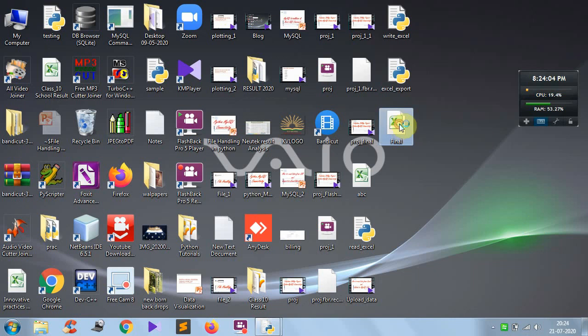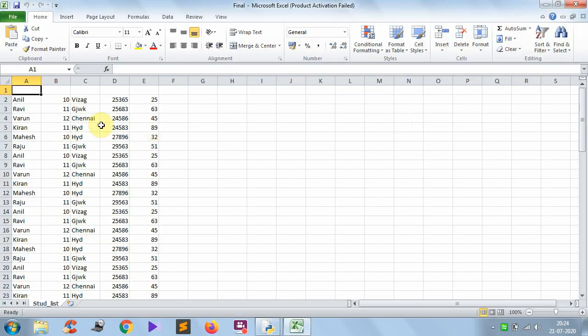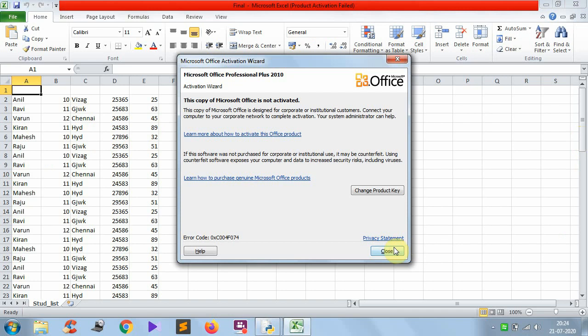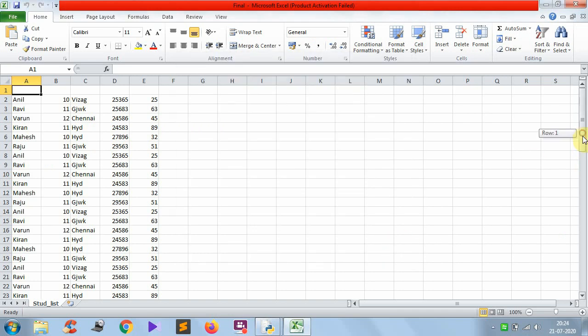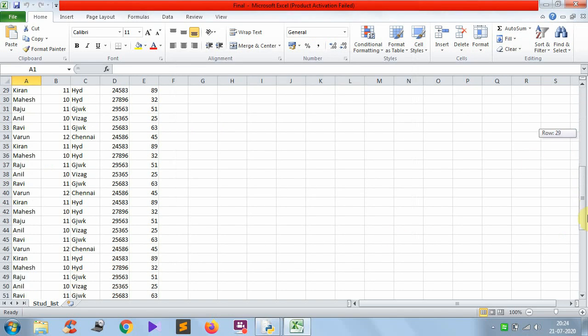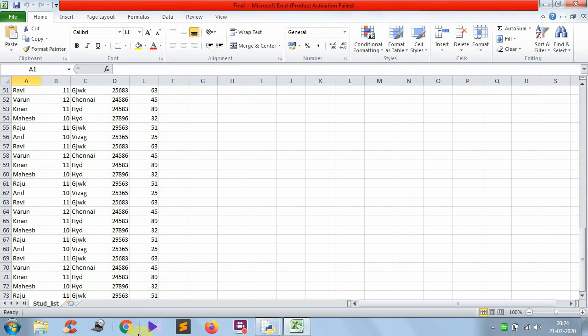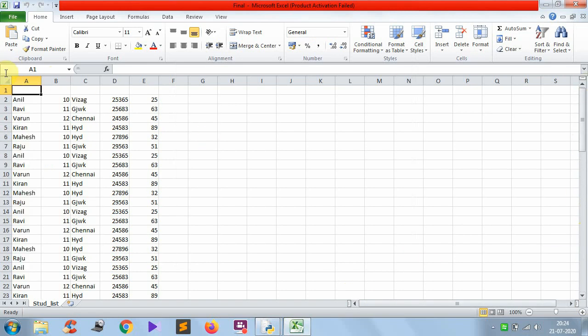Now open this Excel workbook. Here you can see that all the student data is there. This data is the same as in the student table. See that there are 73 rows in total, and the first one is blank. I left it for the headings. That's why I successfully fetched 72 rows from that table.